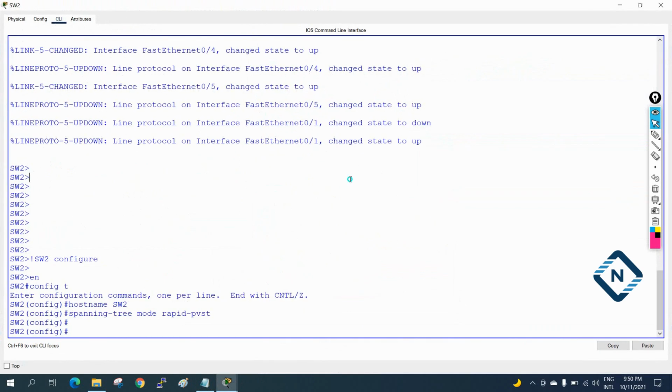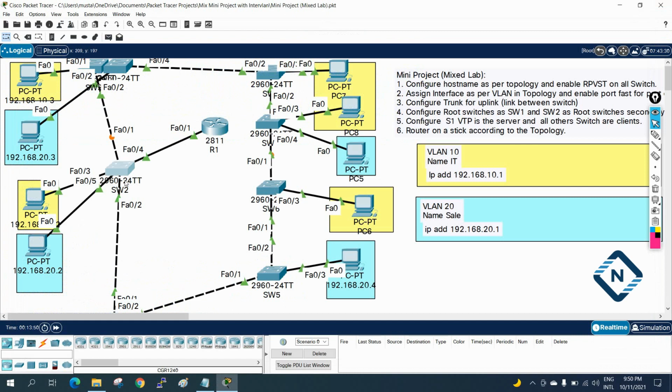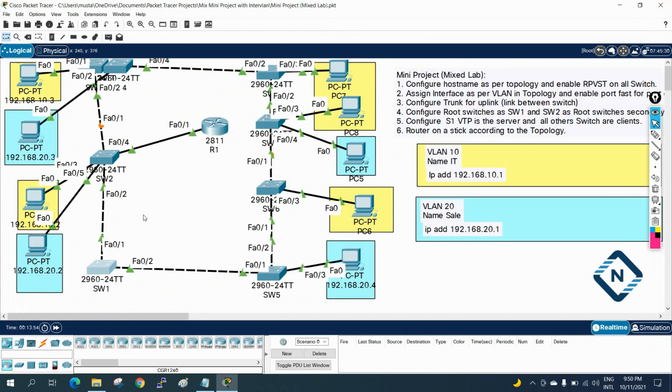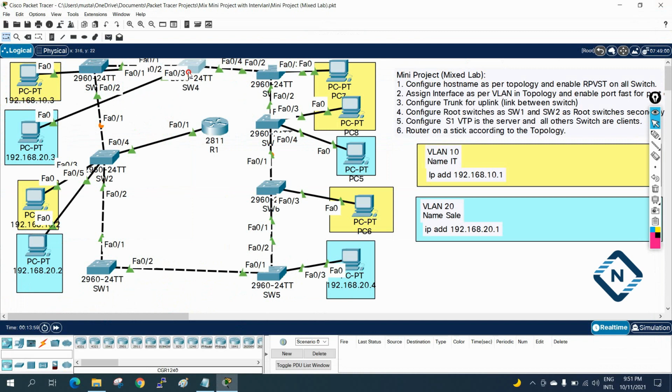So I will go to switch 2, I will paste this configuration in switch 2. So this also finished. Now we can go for another switch. Which switch do we have again here? If you see which switch we have here,